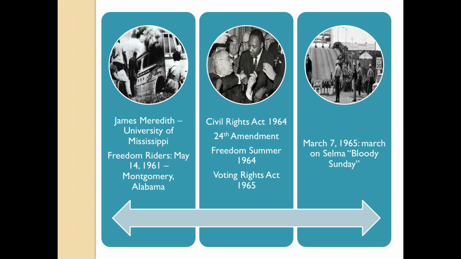And the last real bloody moment of the civil rights movement is March 7th, 1965, the March on Selma, between Selma and Montgomery, Alabama. They were simply a peaceful march. First of all, someone had been killed, so there was a protest for that, but they were also going to register people to vote. And the police of Alabama on this day came out in force and beat them. There were 3 marches in all, and finally by the 3rd march, Johnson sent in federal troops in order to protect the march. And so basically that's it for the little quick history here of the civil rights movement.